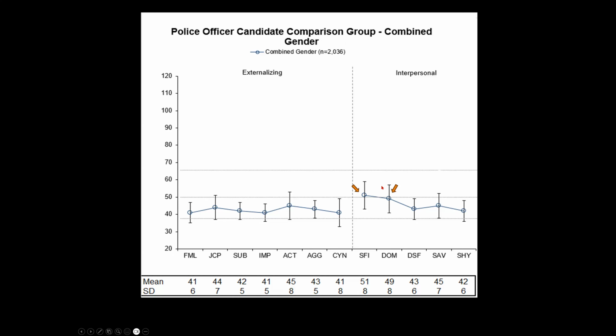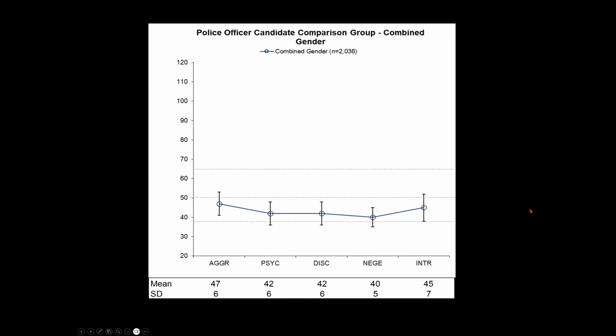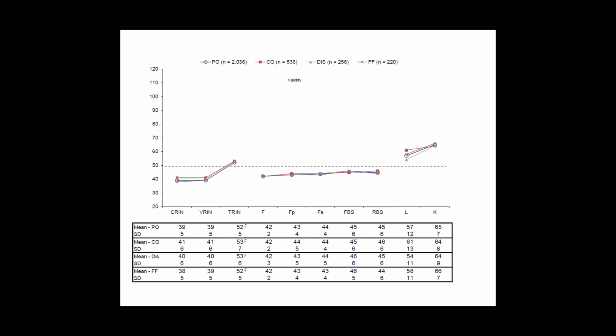With the externalizing scales and the interpersonal scales, what I'll mention here are 2 additional scales, self-importance and dominance, where the police candidates score fairly similar to the general population. Means right around 50, standard deviations not quite at 10, but larger than we find for the other samples. And again, it's good to know that because we generally expect scores to be below average, below 50 on scales for pre-employment assessments, but not for self-importance and for the dominance scale. And here finally we see the Psi-5 scales. Nothing in particular stands out here.